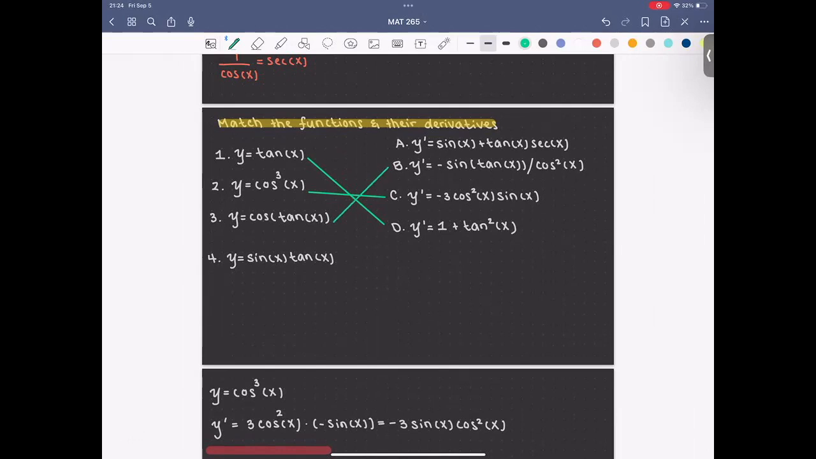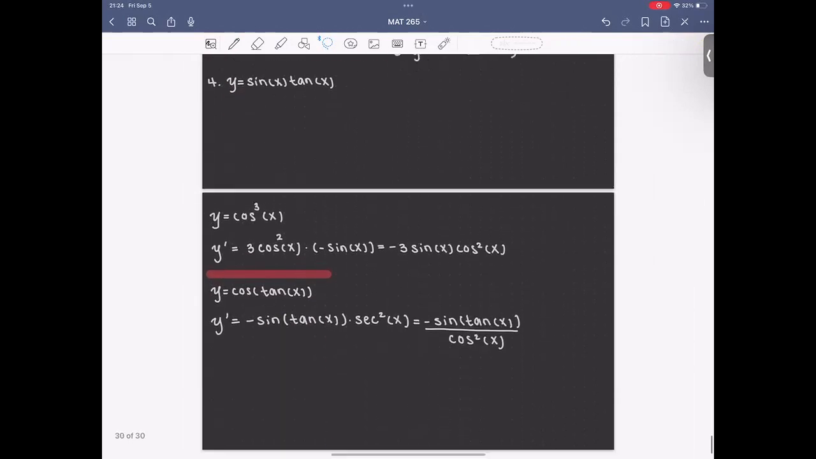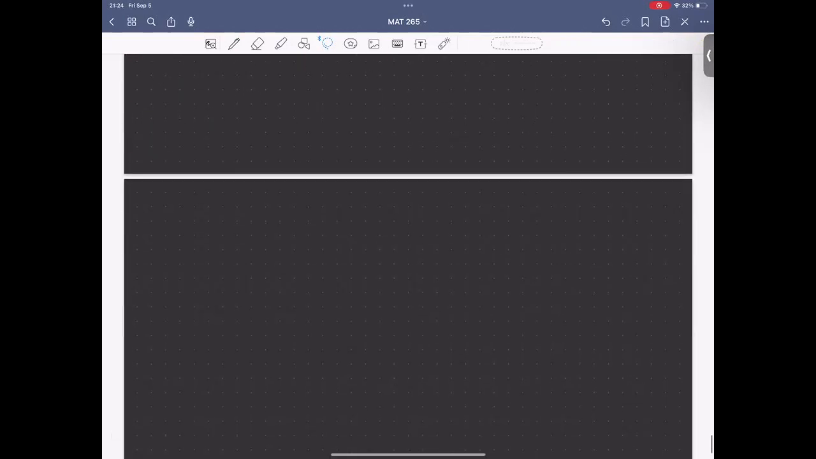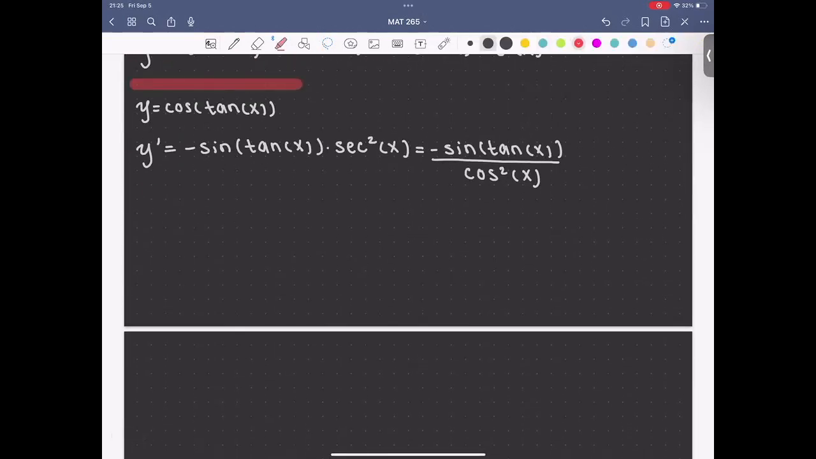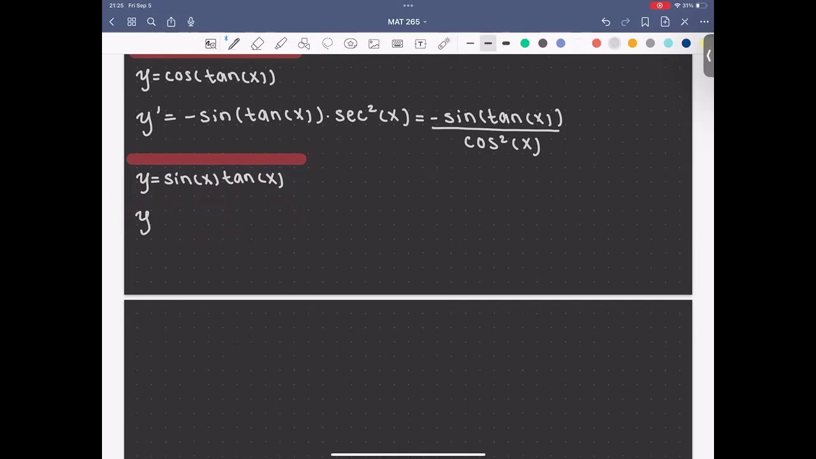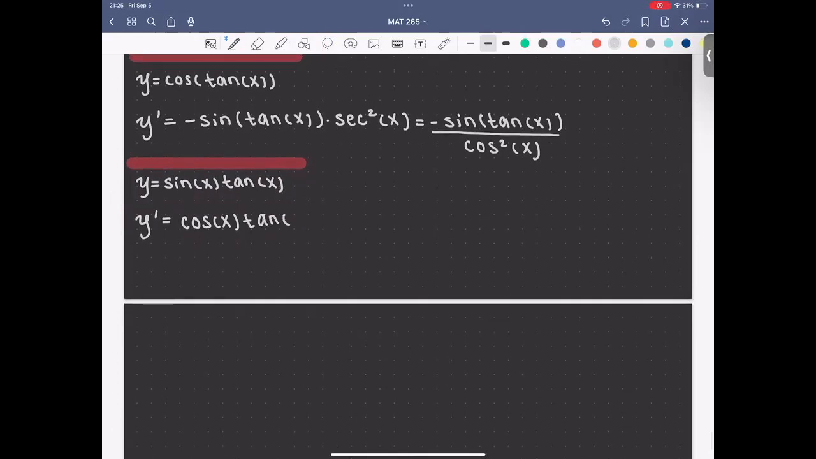Now, it's a matching problem. If this was a test, you would match 4 to A and then you'd be done. But let's take the derivative just to make sure we're all on the same page. So let's copy this. And let's do one more. All right, let's see. So we have sine of x times tangent of x. So this is just a product rule. So then y prime. All right, this is going to be, let's take derivative of sine of x. So cosine of x, leave tangent alone. Tangent of x now plus,